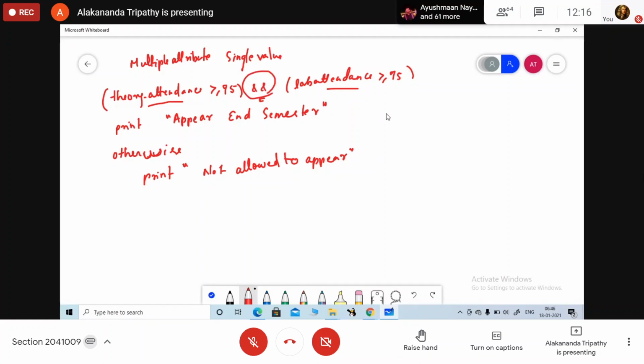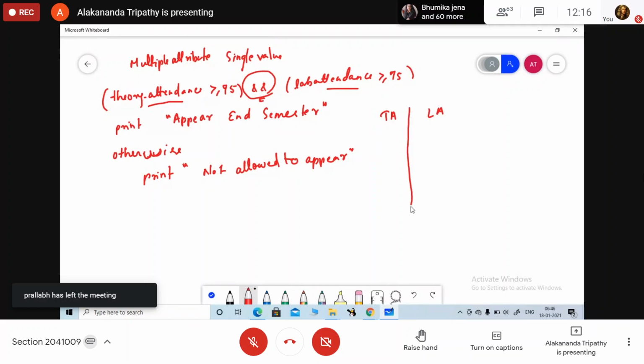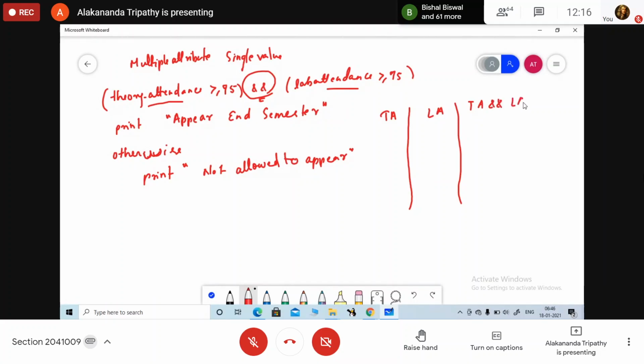What will be the truth table for it? Here I have written TA for theory attendance and LA for lab attendance. How many true cases are we going to find, as we are using the AND clause? If both are false, the value is false. If theory attendance is less than 75 and lab attendance is greater than 75, the value is false.